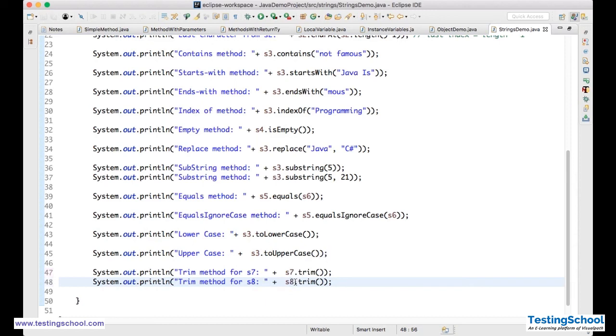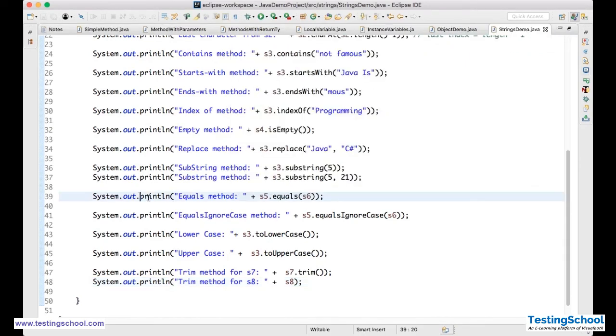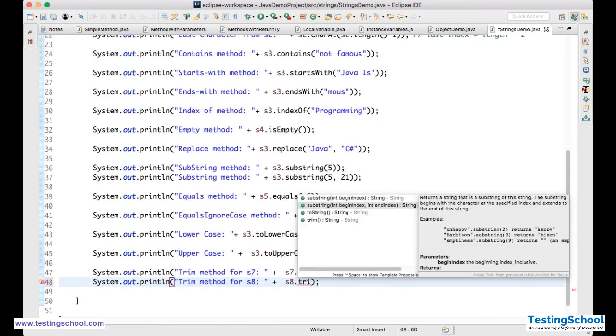Right, first I say normal s8. You see, there is a space, space, space. At the end I do not have any space, but in the starting I have space. Now what I'll do, s8 dot trim.